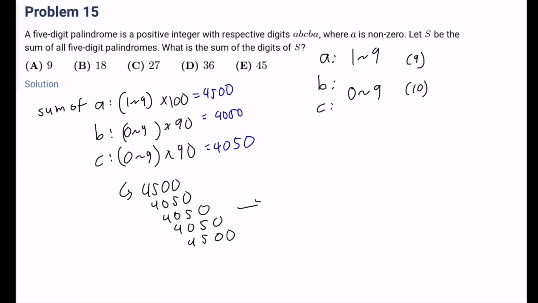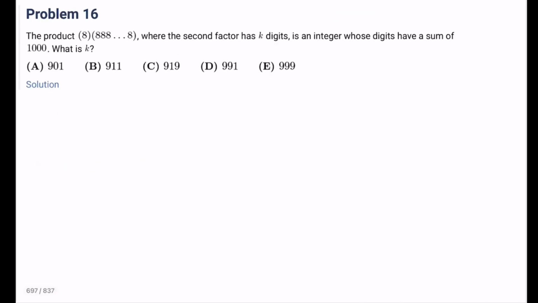And so if we add these up, then we can get 495,000, and the sum of these digits is going to be 4 plus 9 plus 5, which is 18, and that is our answer. It's B. Number 16, the product 8 times 8888 all the way to 8, where the second factor has k